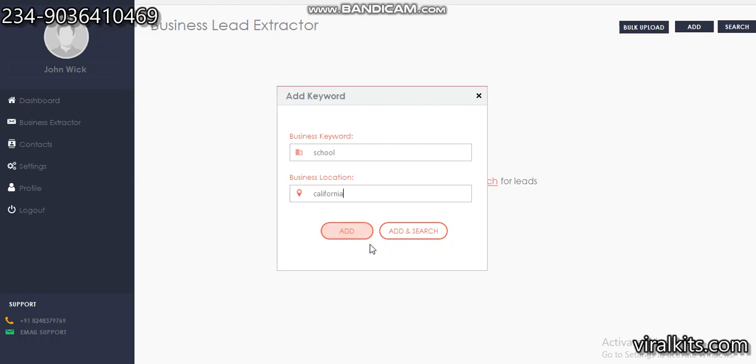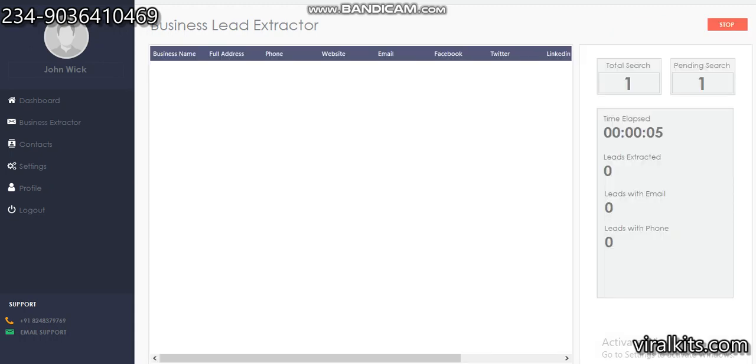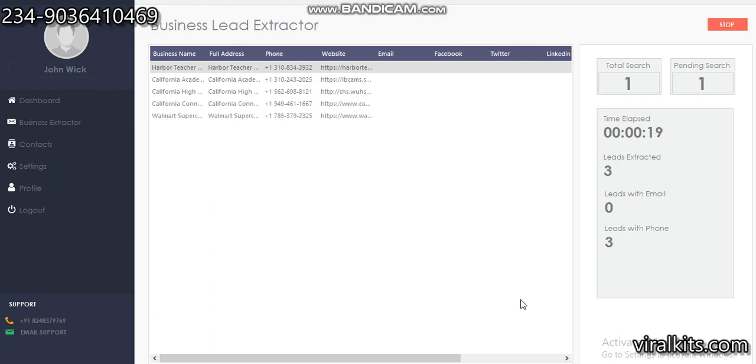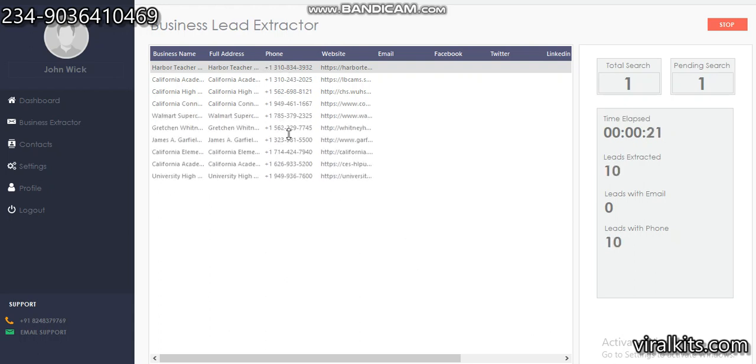Alright, this is the first thing. Now you can actually click on add to save this in the software database, or you can click on add and search, so without wasting our time, let me just click on add and search. The moment you do that, the software will start counting. Now the results will keep on coming, and you can see,